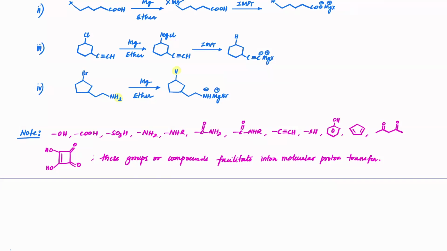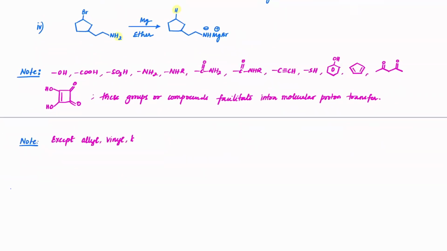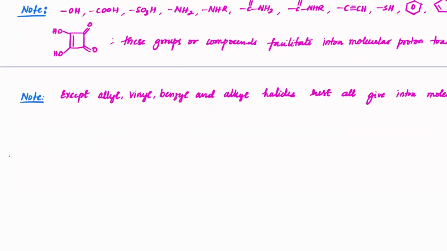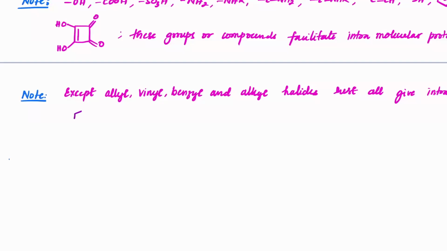Got it? Now you know that except for allyl, vinyl, benzyl, and alkyl halides, the hydrogen present on these positions will not give that, but the rest will give you intramolecular proton transfer. Which means, just as an example, let me write that down. Suppose I have X here and CH3 here, and then I'm treating this with magnesium and ether. I'm expecting that first you will get this as